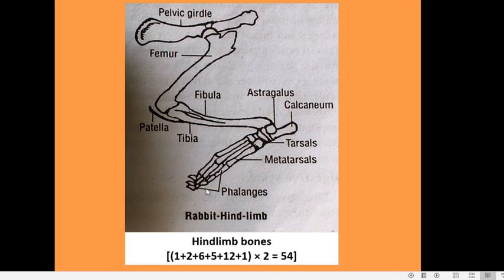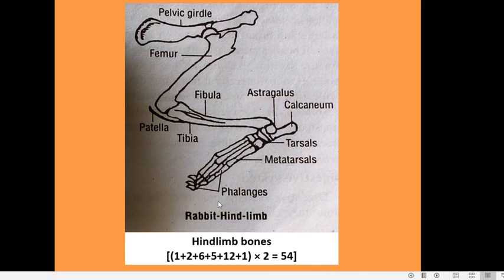Just like the forelimbs, the digits of the hind limb are also supported by phalanges. And here the first toe or the hallux is absent. So there is no phalanx corresponding to the first toe or the hallux. But all the other digits have 3 phalanges each. So we can say the phalangeal formula is 0, 3, 3, 3, 3 because the first toe or the big toe or the hallux does not have any phalanx. So it is 0, 3, 3, 3, 3.